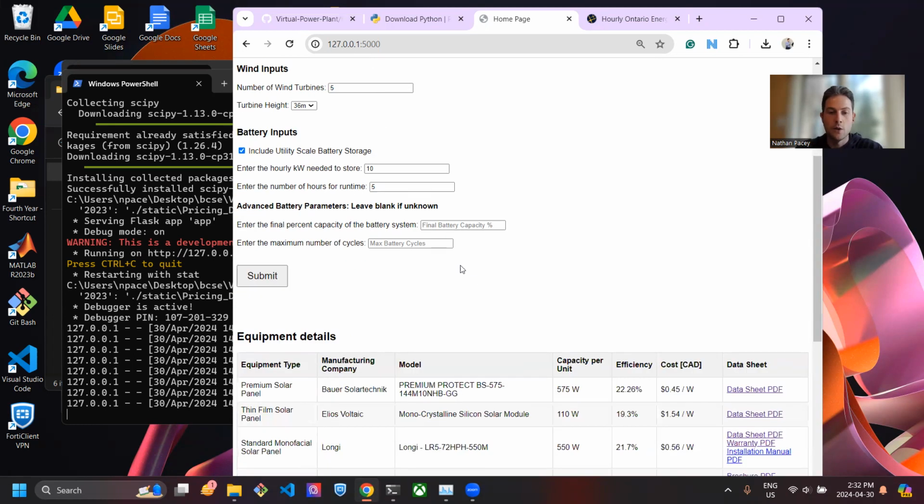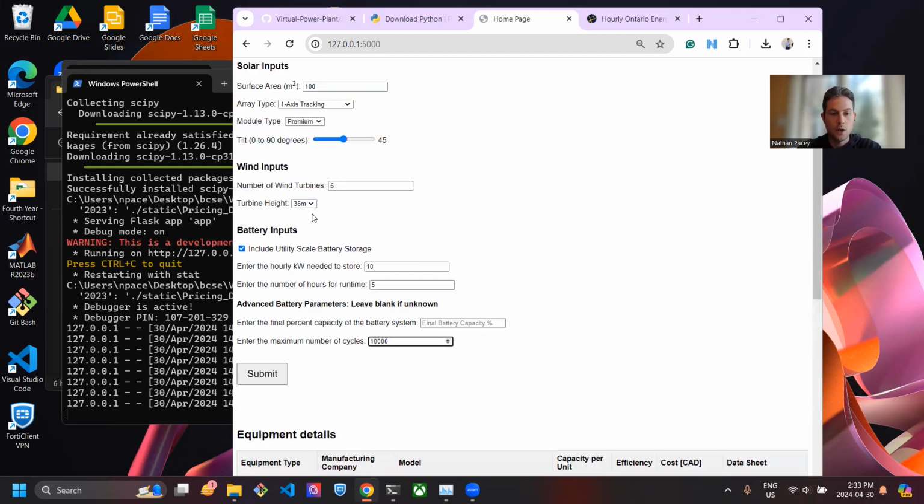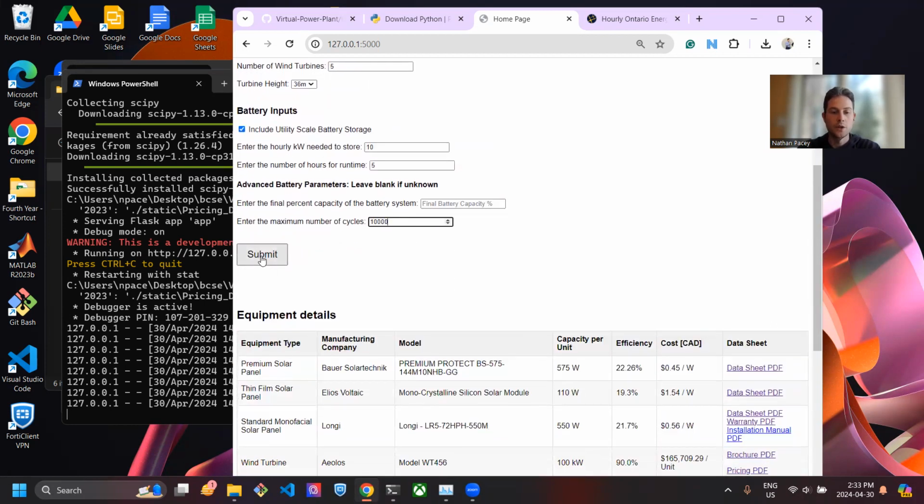Say you know that you have a maximum number of cycles or a maximum retention. So that's like the battery degradation, that final capacity that is mostly for safety, but it can also be for your project's requirements. So for example, you could say, I never want the battery to go below 70% of its out of the box retention, I should say. Then you can put in 70 here. But say that you know it shouldn't exceed something like 10,000 cycles, you can also put that in. So now I have a system with a bunch of different inputs. I click submit